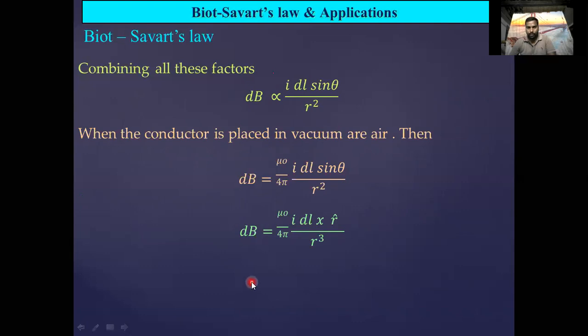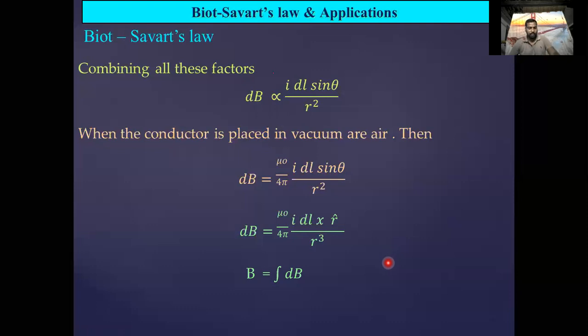Now we have to calculate the magnetic field induction at point P for the overall conductor, B = ∫dB. Now this is the Biot-Savart law. The applications of the Biot-Savart law are, one, the magnetic field due to the